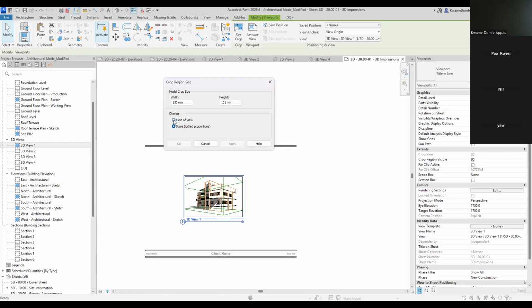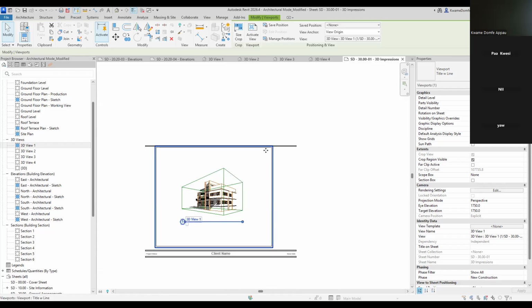If I do field of view and I change the width to say 300 and then change the height to say 250 and I apply, observe, it is the field of view that I am changing. So when I apply, the view will become bigger. The size of the drawing will remain the same. Watch. As you can see, now the view is bigger, but the size of the drawing remains the same. That is not what I want to do. I want the size of the drawing to become bigger. So I'll undo